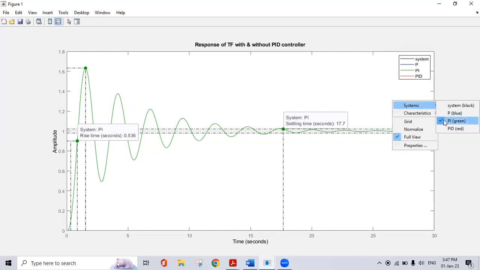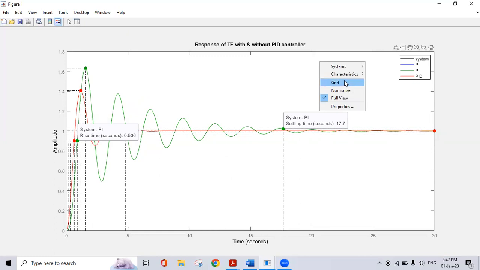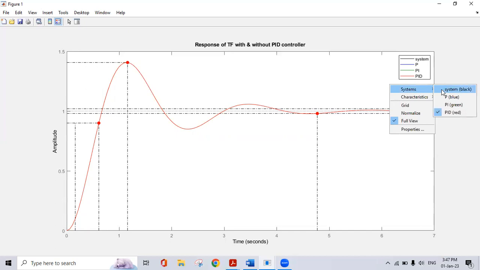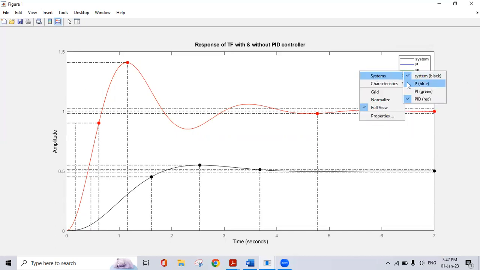Okay, so we go for PID. The rise time is 0.449. The overshoot will be 40.7. The settling time will be 4.77, and the final value is 1, so the steady state error will be 0. So if we compare all the graphs,